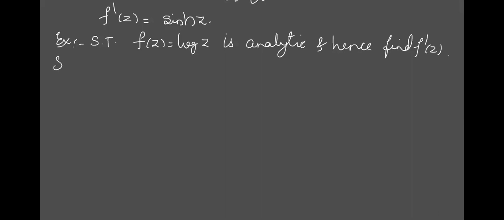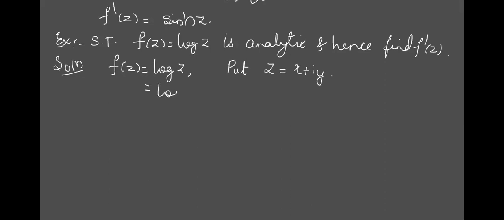What is the first thing? We have to take the function. What is the next part? Put z equal to x plus iy. Don't copy the example, let us just see. So this is log of x plus iy, I write in place of z as x plus iy. I want it in u plus iv format.